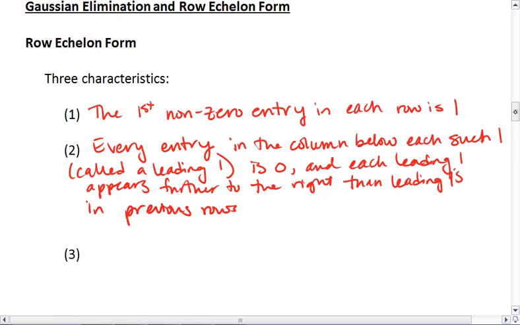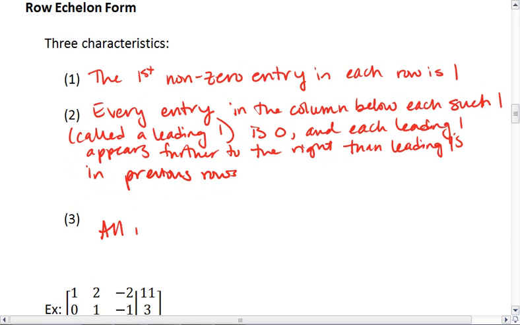Lastly, all rows consisting entirely of zeros, if there are any,